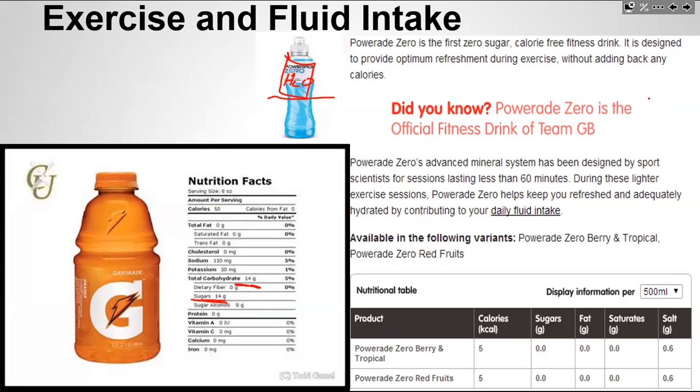The lighter amount of carbs in there will speed up that absorption process further. So you want to have roughly a 6 to 8% or less concentration of carbs in your drink. That's not something I'm going to expect you to remember, but it's just more of an FYI.